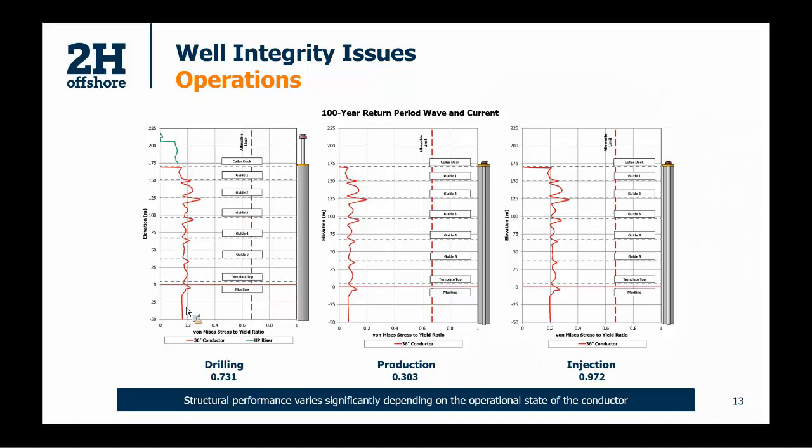Now when it comes to fatigue, during the production, the fatigue life is much better than when it's in the injection state. So the fatigue damage rate in this particular example was around 3 times higher when it was in injection operations than when it was carrying out production operations. So when it comes to fatigue, we don't necessarily want to look at the most onerous. You'll find that if you consider only drilling C-state for the entire production life, that would be overestimating the damage significantly, and you might struggle to reach a target life of 20 or 30 years.